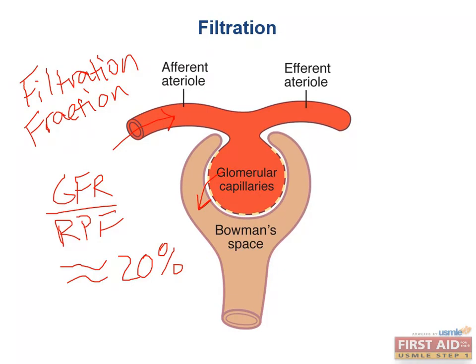But it can be altered with natural hormones or drugs. For example, prostaglandins dilate the afferent arteriole, which increases the renal plasma flow as well as the GFR, so the filtration fraction remains constant. But on the other hand, angiotensin II